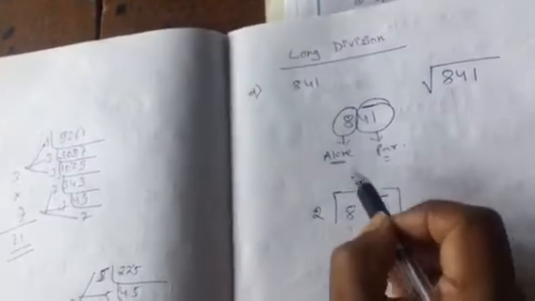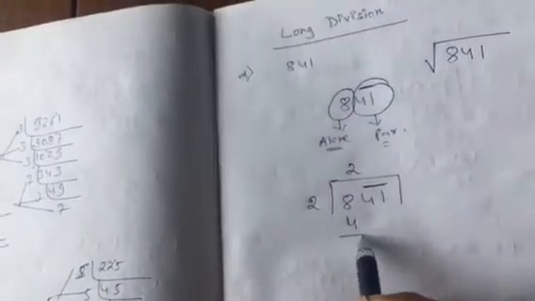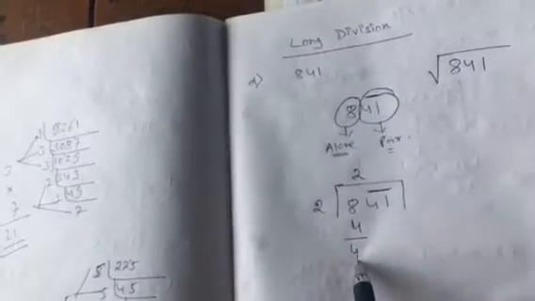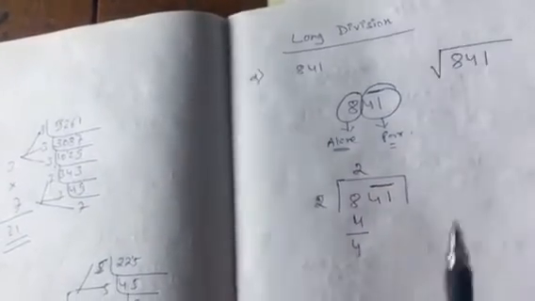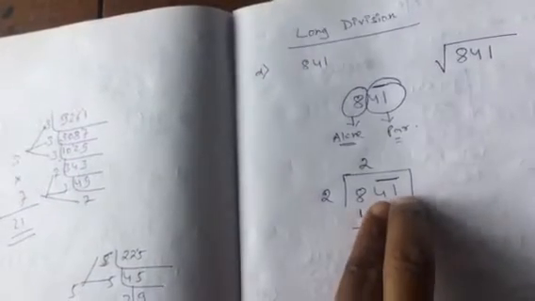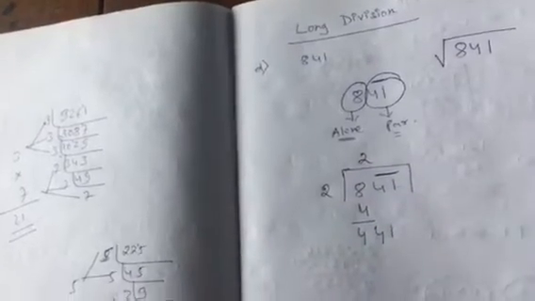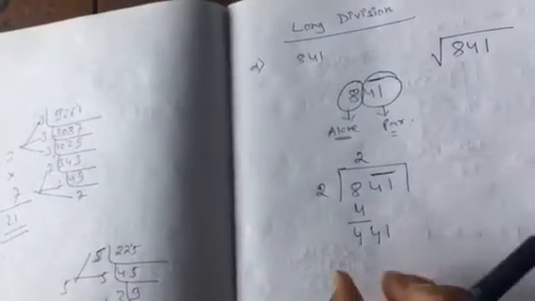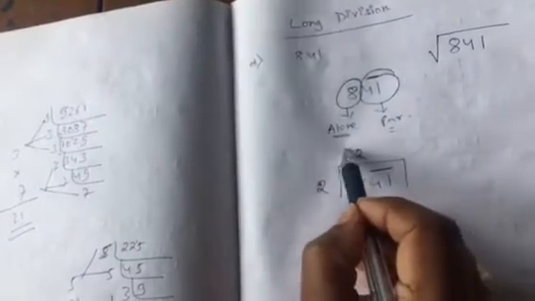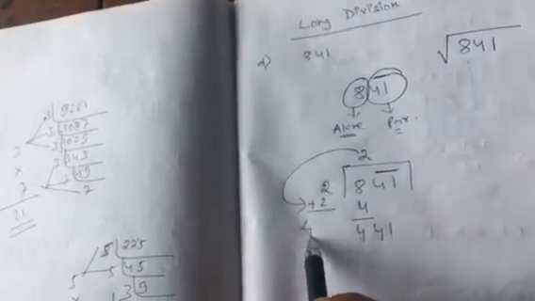If I write here 2 and here also 2, these 2 2s become 4. Now I have to subtract. 8 minus 4 is 4, and I need to bring down another number. But the interesting thing here is, the 4 alone doesn't come down, since 4 has got a pair. So when 4 comes down, it brings along 1 also. Now the next number is 441, and these two 2s will automatically be transferred from here and added. So this 2 plus 2 becomes 4.